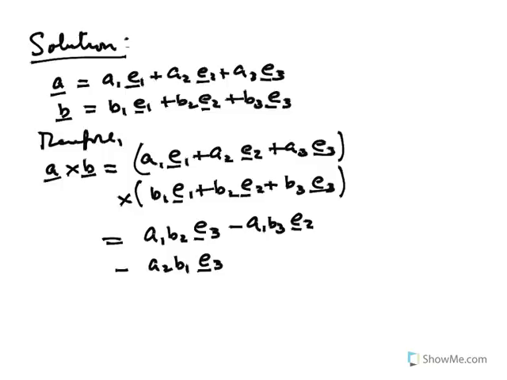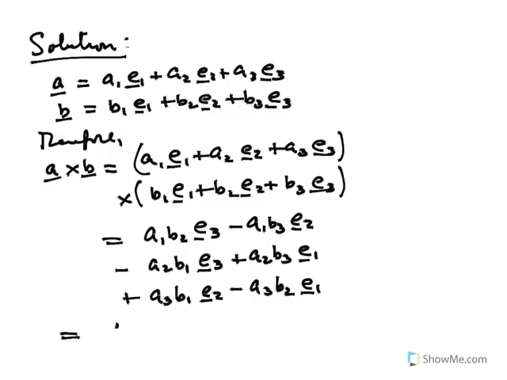And then E2 crossed with E3 gives me plus A2 B3 E1. And then E3 crossed with E1 gives me plus A3 B1 E2. And then E3 crossed with E2 gives me minus A3 B2 E1, which is equal to, well, let's gather up